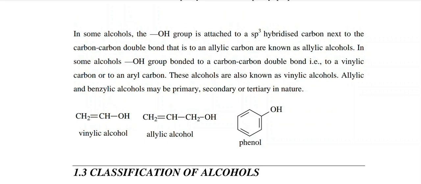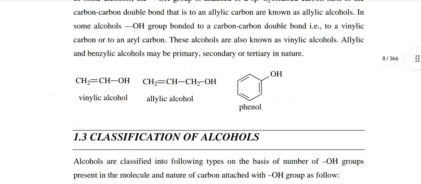In some alcohols, the OH group is attached to an sp3 hybridized carbon next to a carbon-carbon double bond, that is an allylic carbon, known as allylic alcohols. In some alcohols, the OH group is bonded to a carbon-carbon double bond, to a vinylic carbon or to an aryl carbon. These alcohols are also known as vinylic alcohols and benzylic alcohols, which may be primary, secondary and tertiary in